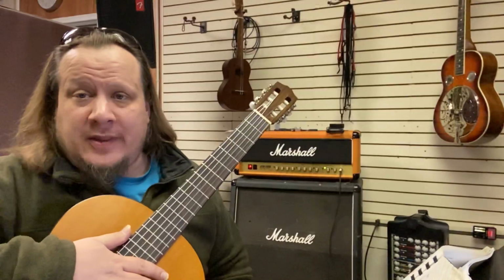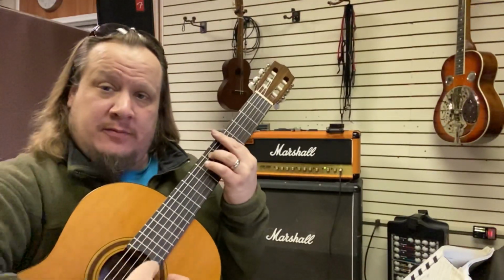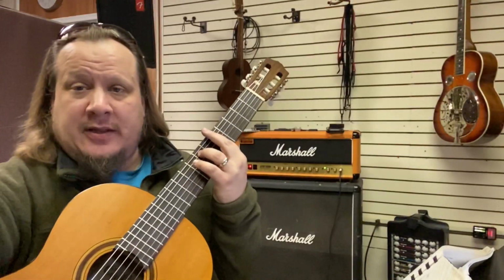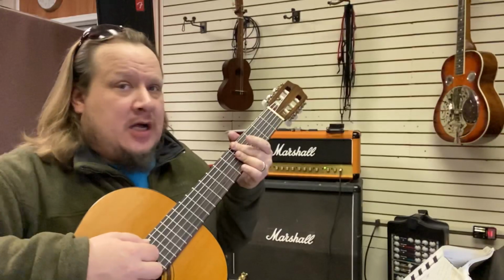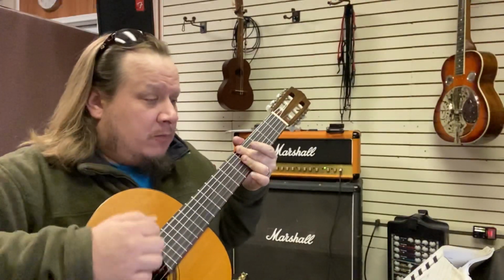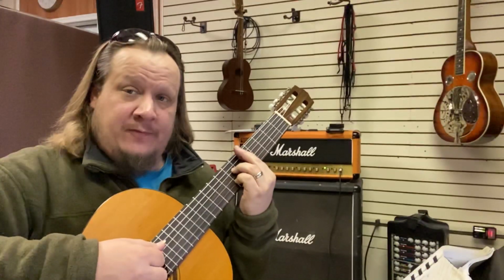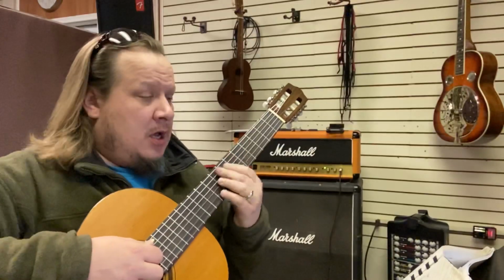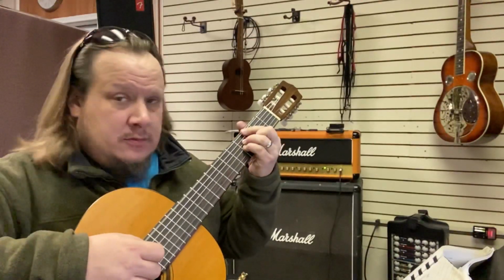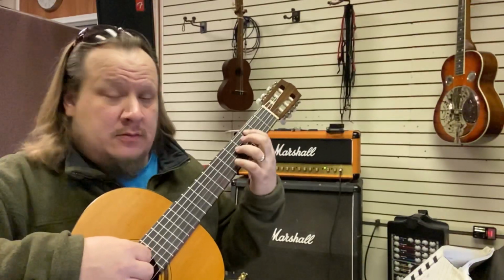Okay, so first off, we start with A minor 7. So A minor 7, we're going to use this one right here. If you're playing with a pick, that's probably a good choice to use. Or if you're playing fingerstyle, you might want to do that one. D7 probably gets it right here, 5th fret, built off of that A7 form. G major 7. Now we've done all these before. And C major 7,